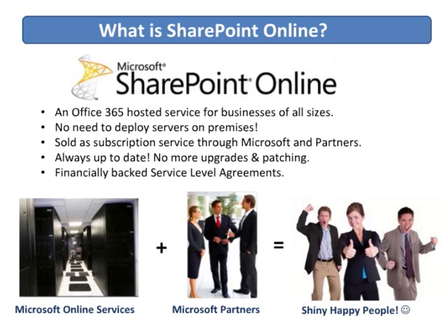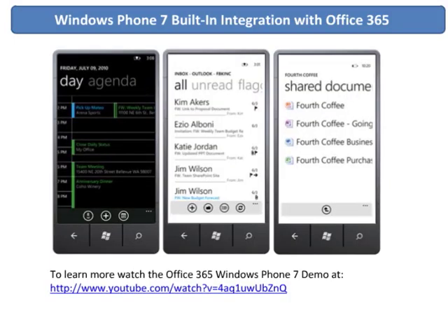Okay, great. Let's move on to the next slide. One more thing I wanted to include here is that one of the other benefits of SharePoint Online is that since it's a hosted solution, you have access to it from anywhere. If you have a Windows Phone 7, you'll notice that it already has built-in integration with Office 365. So you can have access to your SharePoint documents through your Windows Phone 7. You can access it from other devices as well. The difference is that the Windows Phone 7 already has an instant connection, so you can plug in your SharePoint Online server one time, and it will save your credentials.